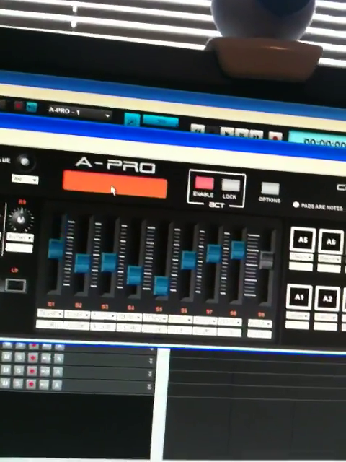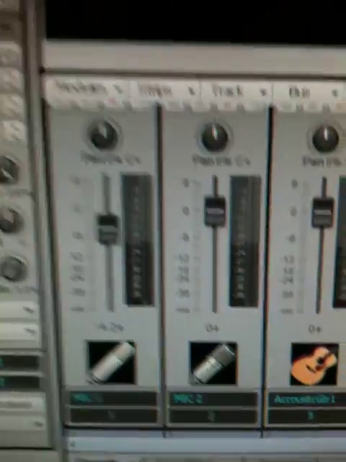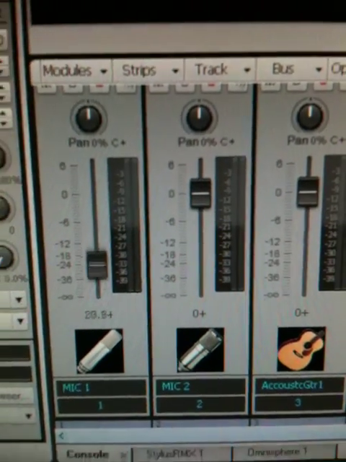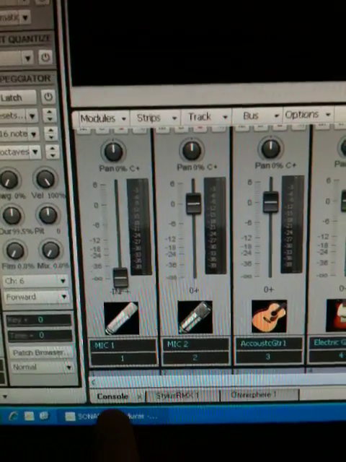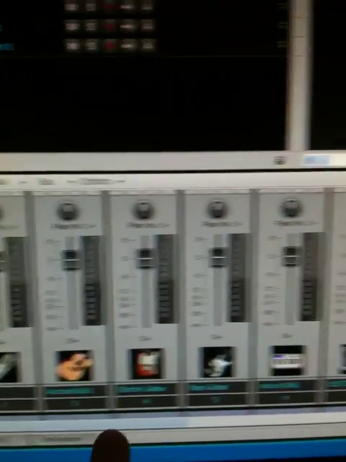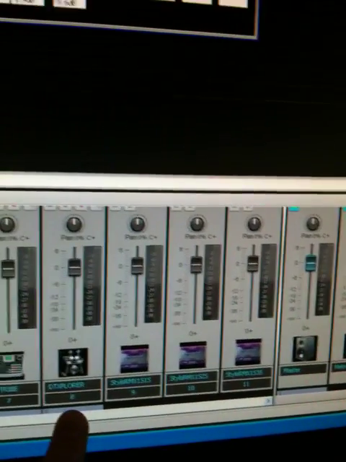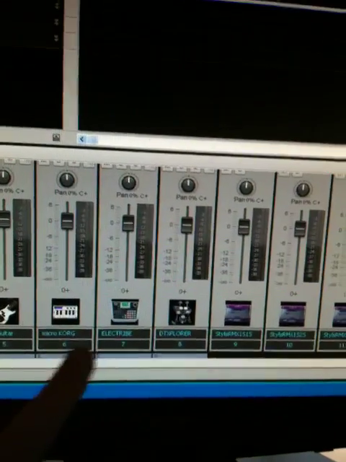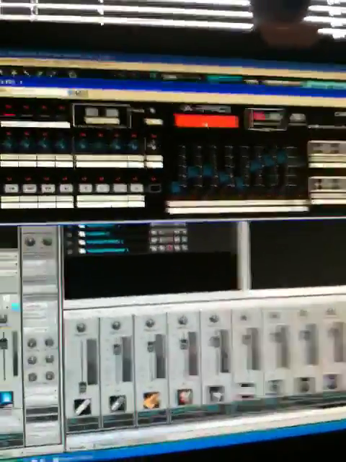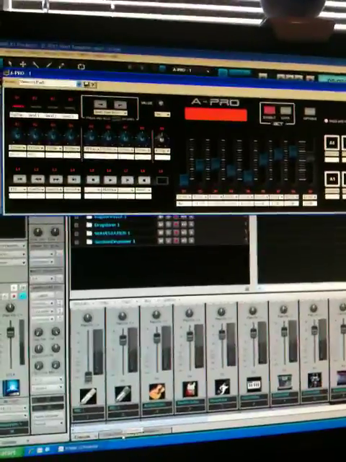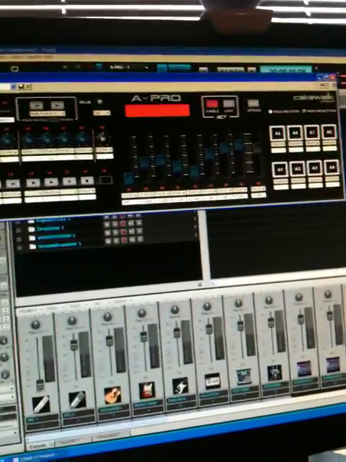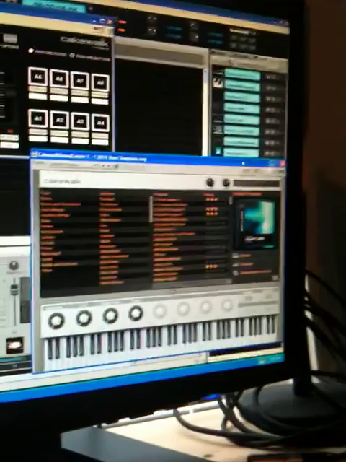Now, if I go and I hit a slider down here, this is slider 1 I'm going to move, you can see it'll move slider 1, and it's controlling track 1. And you can see on the bottom here you've got 1, 2, 3, 4, 5, 6, 7, 8 indicated which sliders are controlled when you're in the console view. But if I go and open up, for instance, Cakewalk Sound Center over here, now you can see